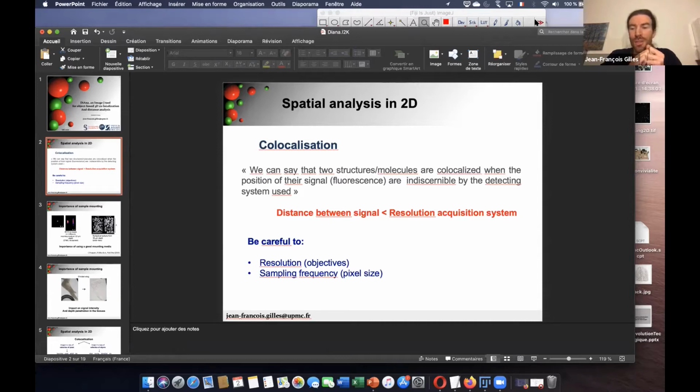But we know physically we can't have two objects at the same place, so we need to be careful of the resolution of what we are using, so the objective, and the sampling frequency, so the pixel size. The best is to use confocal, or even better, to do super resolution acquisition.